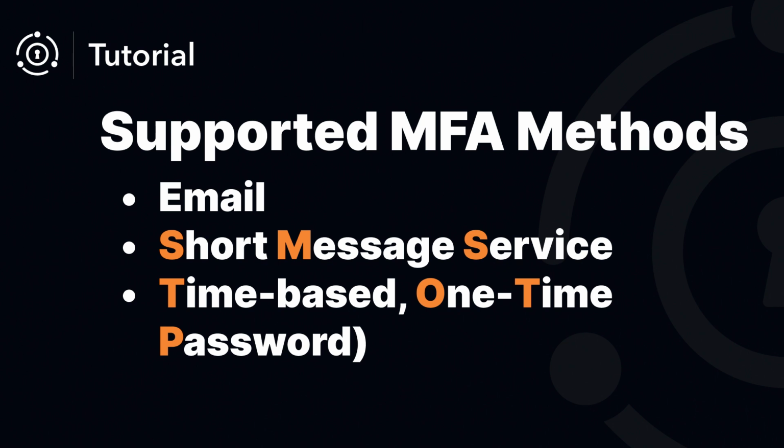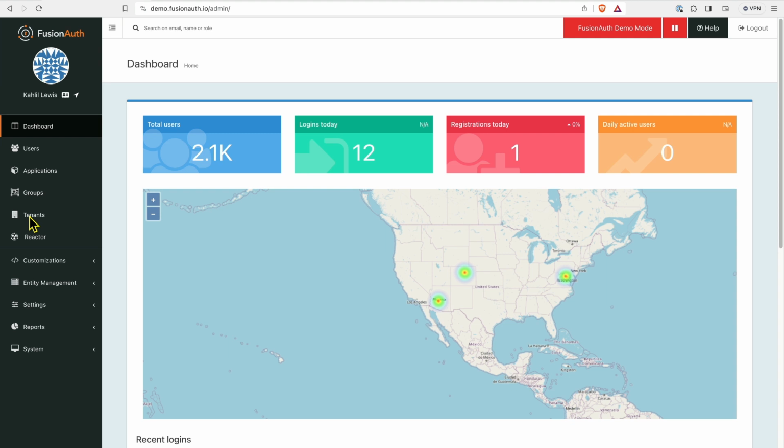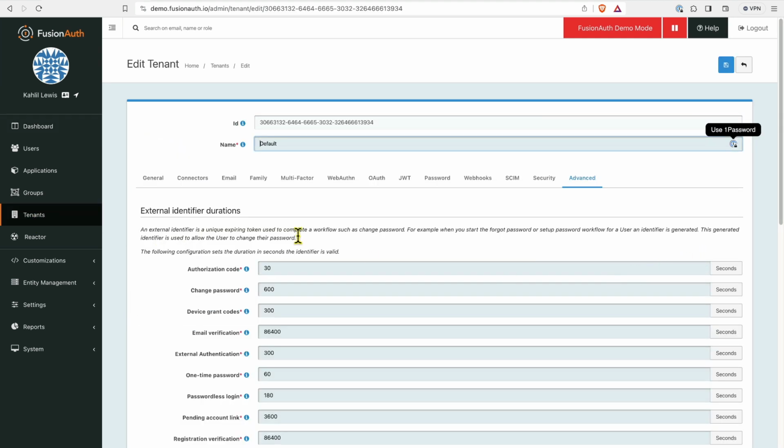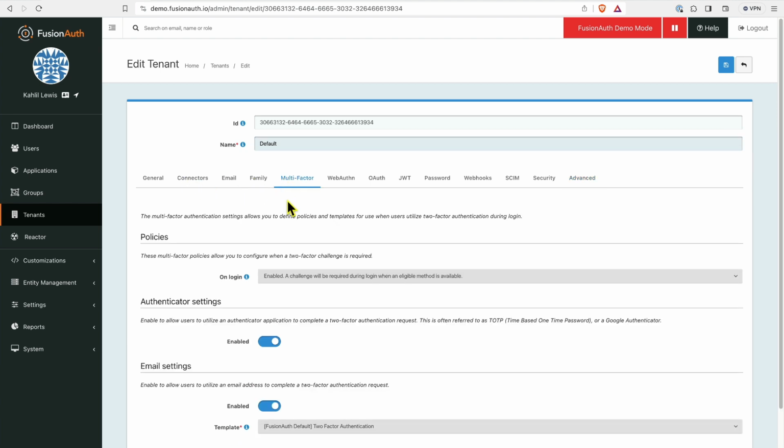FusionAuth supports email, SMS, and TOTP MFA. So those are all configured in the tenant for FusionAuth. So let's go there first. And we'll go to our default tenant. So if we click on here, multi-factor, this is where you would set up your configuration for MFA within your